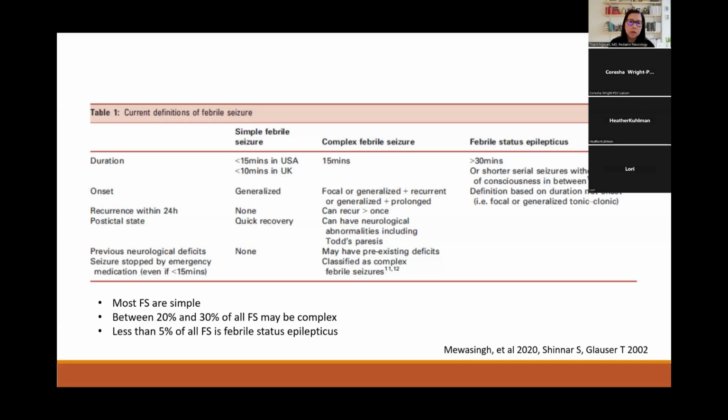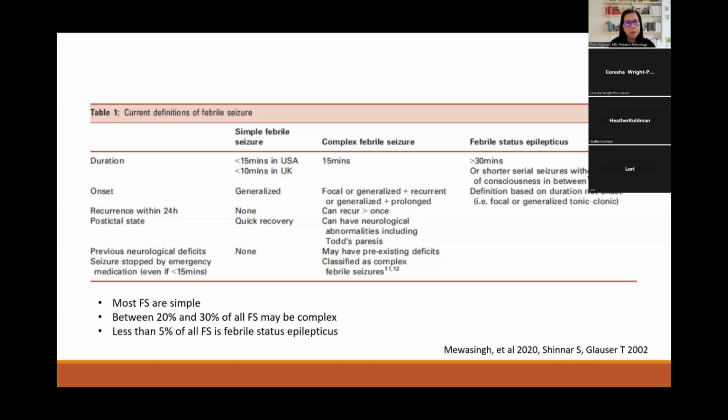Onset. So the onset of the seizure semiology. Simple febrile seizure patients generally have generalized convulsive type of seizures, the general tonic-clonic ones, or generalized tonic seizures. Whereas the complex febrile seizure patients often have focal onset, one arm or one leg, and it generalizes, or it recurs within a 24-hour period, whereas the simple febrile seizure patients do not have more than one brief seizure within a 24-hour period.